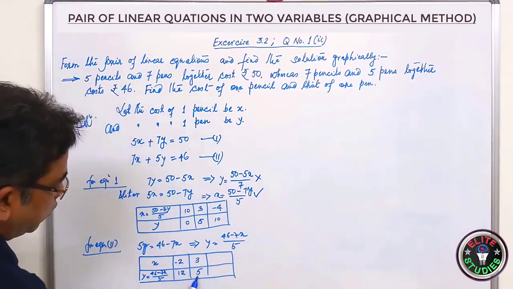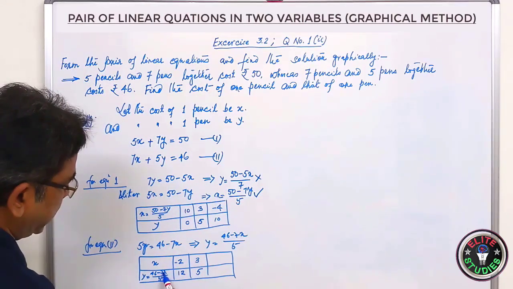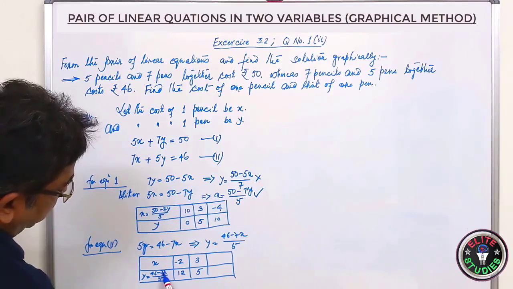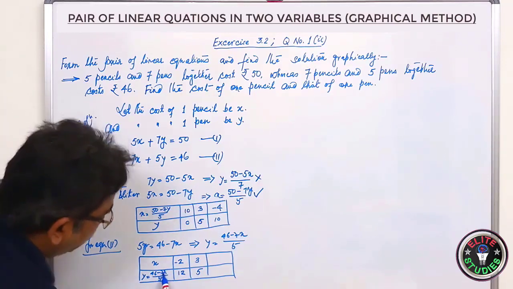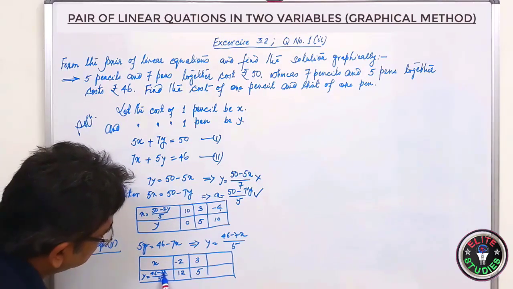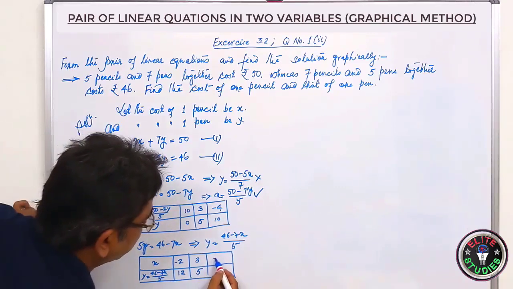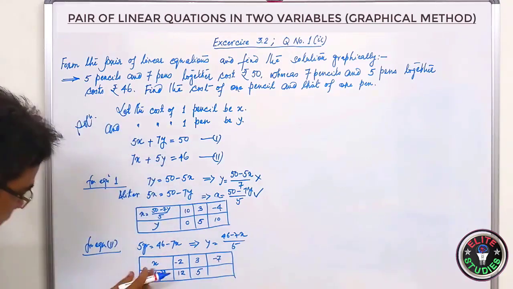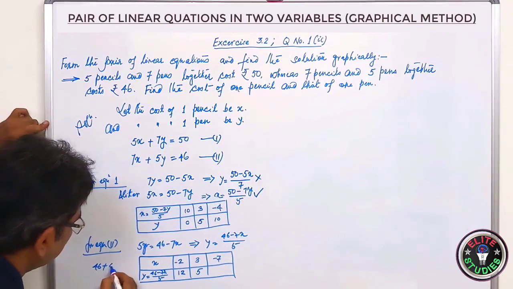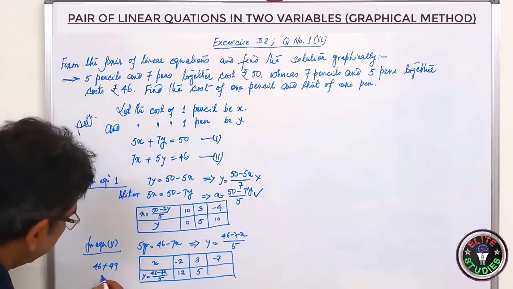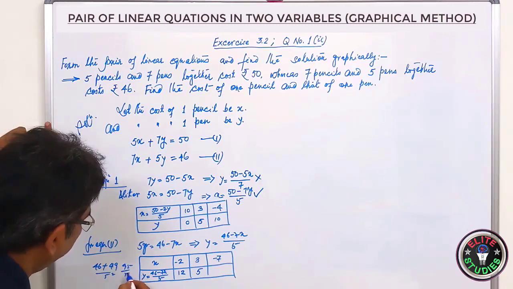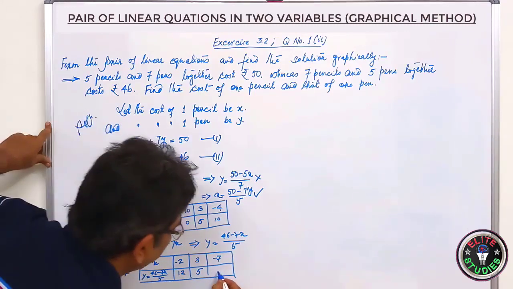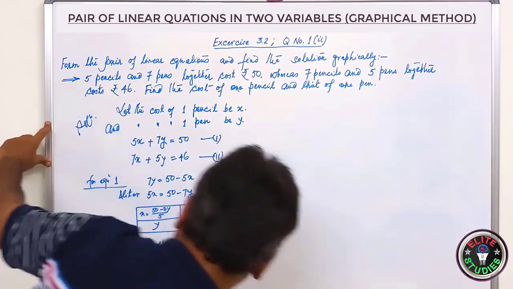Now if you put 3, 4 is 28, 5 7 is 35. So 5 6 is 11, 7 7 is, yes, there is a possibility of 7. If you put 7, 7 7 is 49 with a plus; the minus 7 you can put. If you put x is equal to minus 7, then it will be 46 plus 49 plus 49 by 5. So it will be 95 by 5, which is equal to 19. So we have got the values.